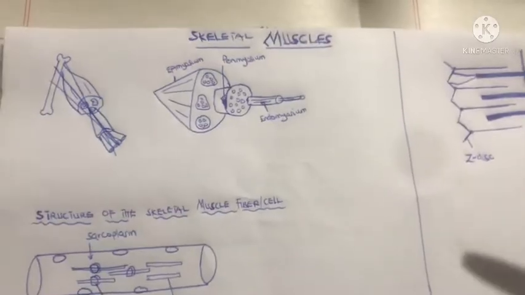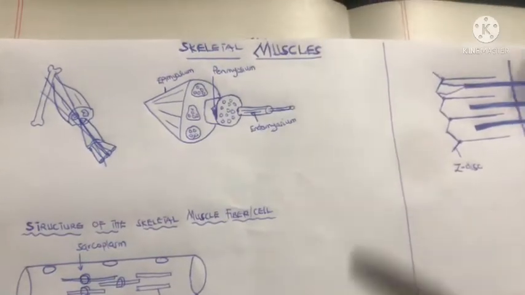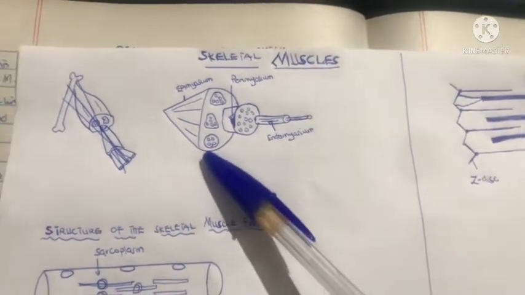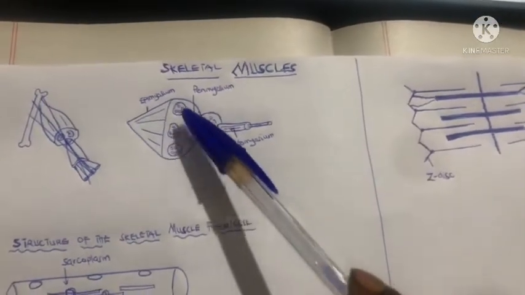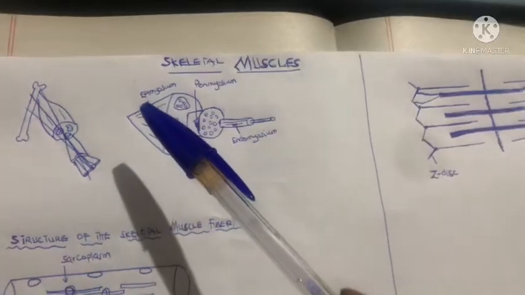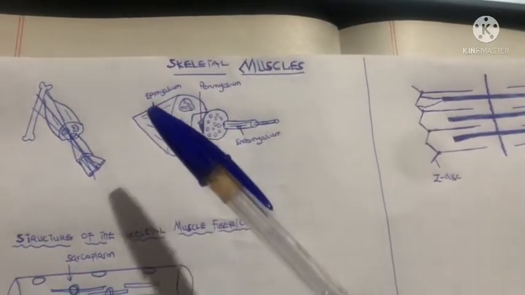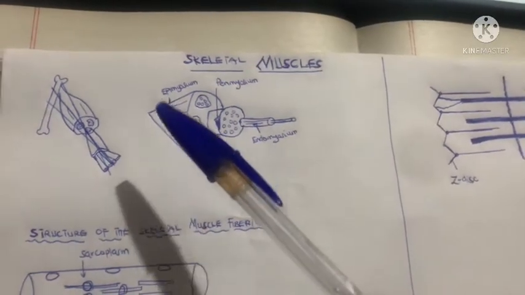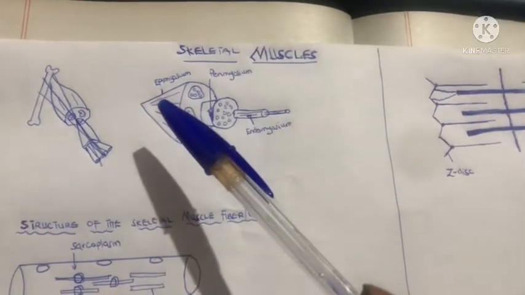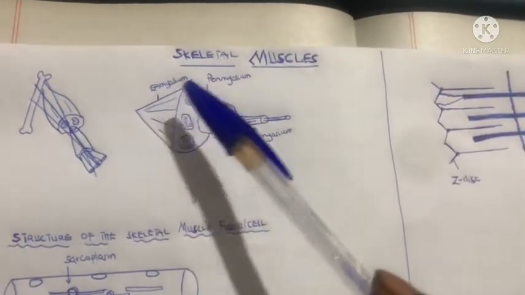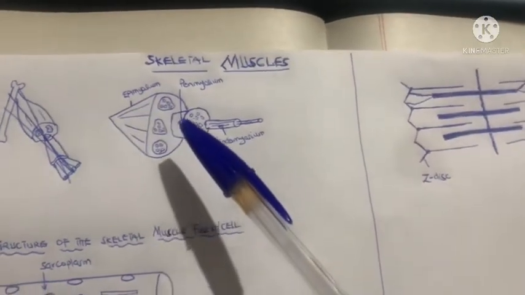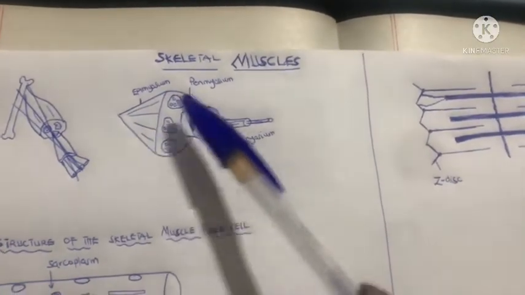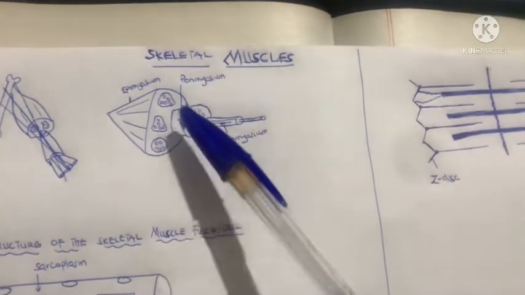So guys, I want us to look at the structure of the skeletal muscle. When you take the whole skeletal muscle, this is the whole skeletal muscle. It is covered by a connective tissue. To be precise, it is covered by a dense, irregular, fibrous connective tissue called the epimysium. You understand? And the whole skeletal muscle is made up of bundles of